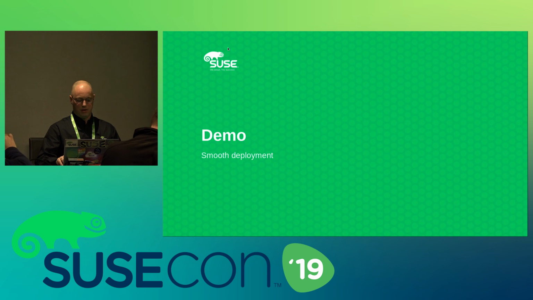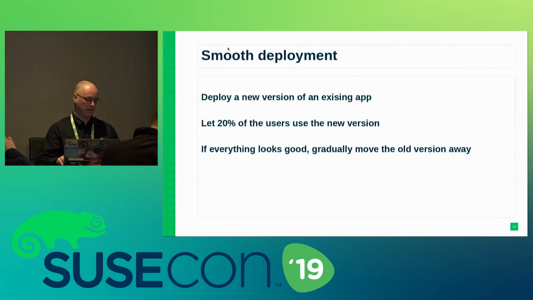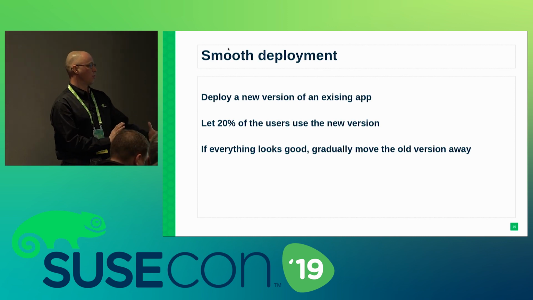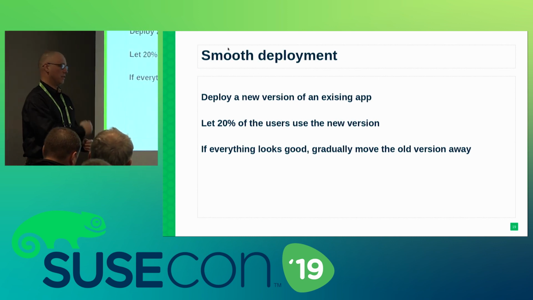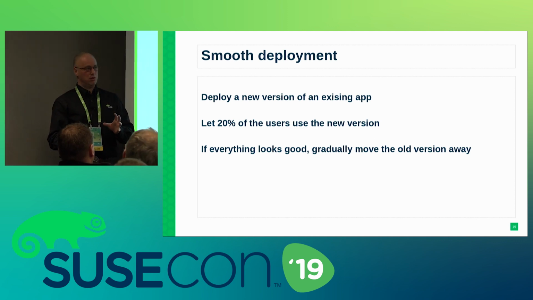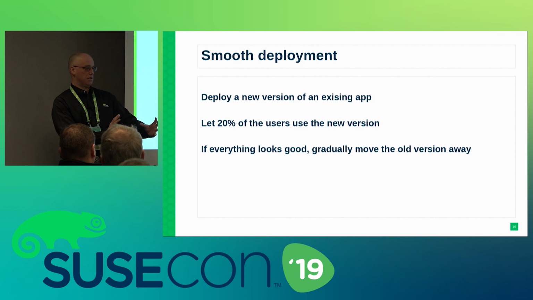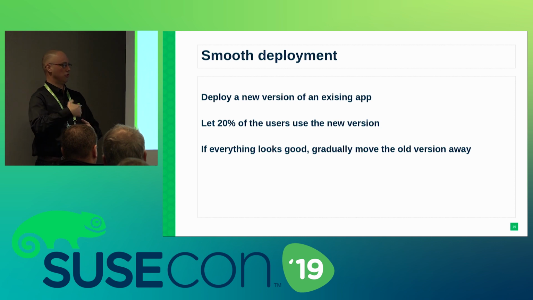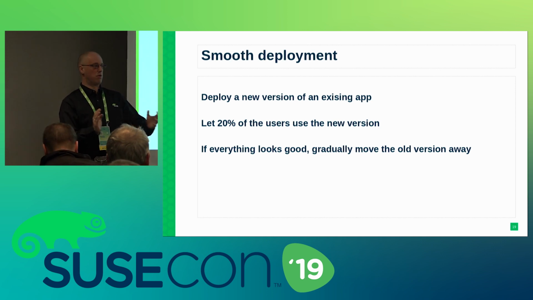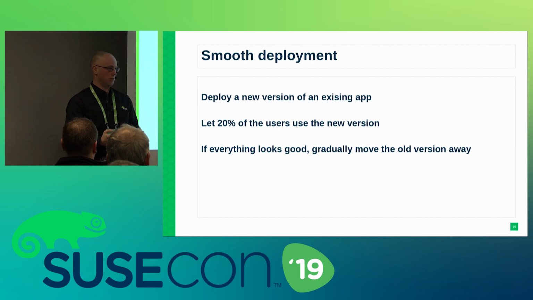So the next thing I'm going to show is a little bit something I call smooth deployment. And the idea is that we have one version of an application and you want to move to a newer version, but we don't want to do that in one big stage or one big jump or leap. So what I want to do is actually deploy one version of the application and make sure that that is running and working, and then as a developer I want to introduce a new version of the application, but just let a few persons or 20% of users use that first, and then smoothly, gradually move over so the new version is the only one that is used.